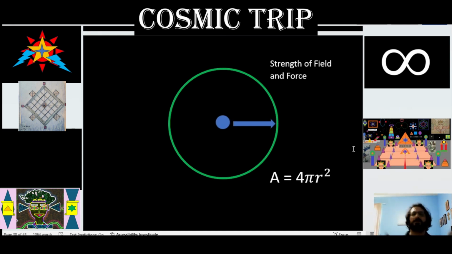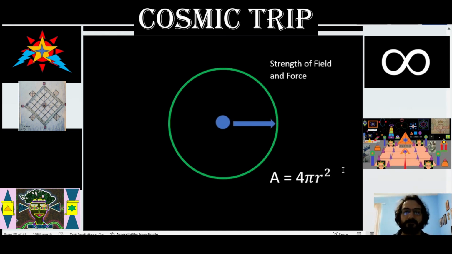So one thing to point out, and that's something that was discovered by Isaac Newton, is that if you have a point source of gravity, or if you have a point source of sound, or if you have a point source of a field, if you draw a circle around that point source, the further you are from that point source, the bigger is the surface area of the sphere surrounding that point source. And because the area of a sphere is 4 pi r squared, 4 pi the solid angle, then the further away you are, the intensity of that field or force drops